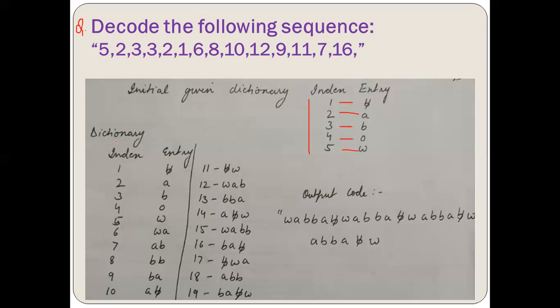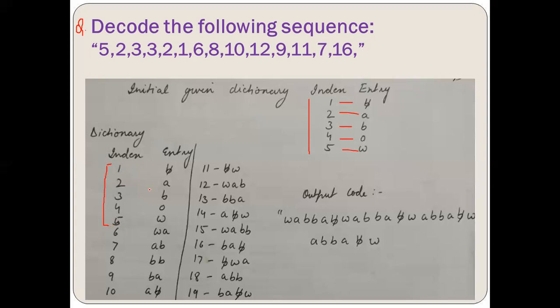We have to maintain the dictionary and we have to give the output sequence. The first step is just maintain the dictionary and enter the initial indexes which are already given in the question. So we have already entered it till 5.